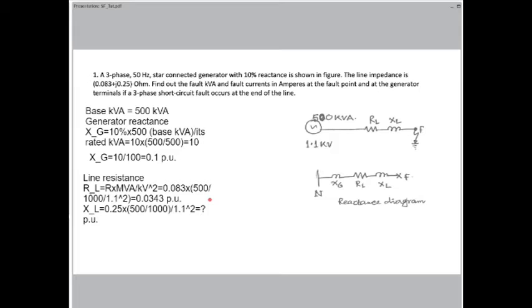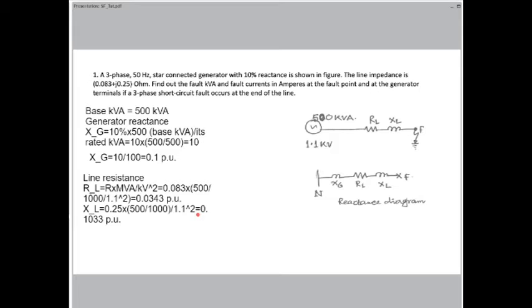You tell me this value quickly. It was the reactance given in the problem. We have MVA, which is 500 MVA, 1000 MVA, and then the answer is 0.1033 per unit. That's the correct answer.